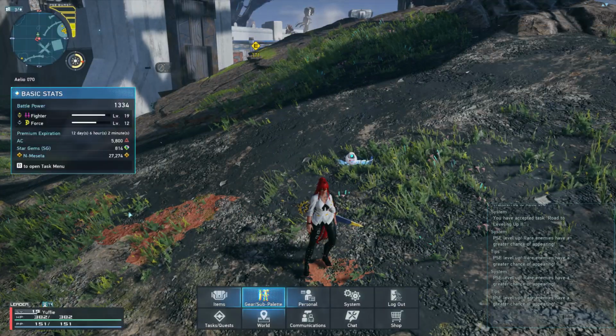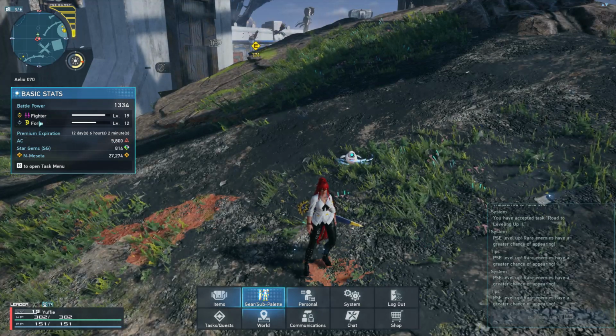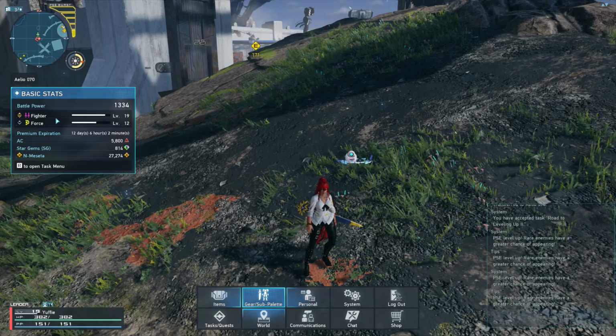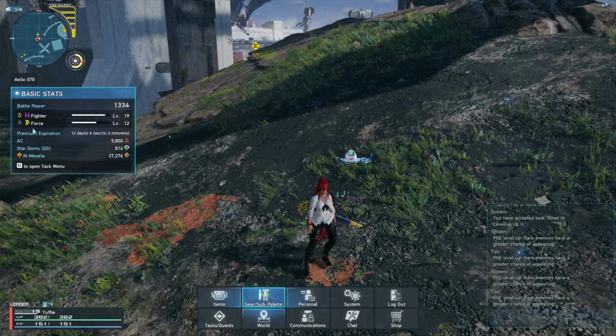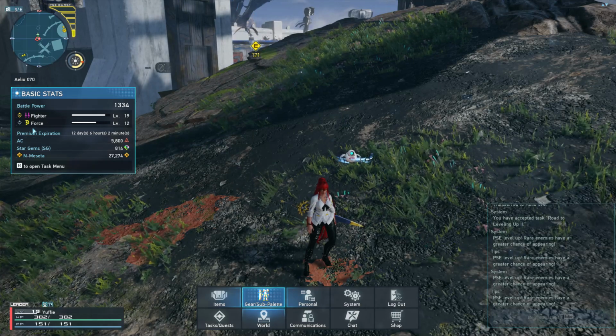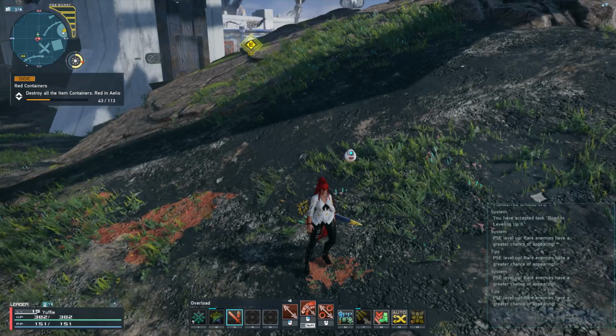So I wanted to make a little video for NGS, going over the setup I've really been enjoying. I've been playing Fighter, mostly using Double Saber as my main weapon. Force is a really good subclass because of the PP recovery that you can constantly have, and also having access